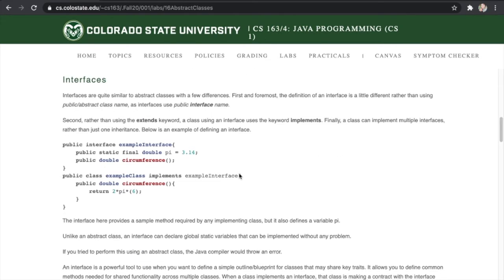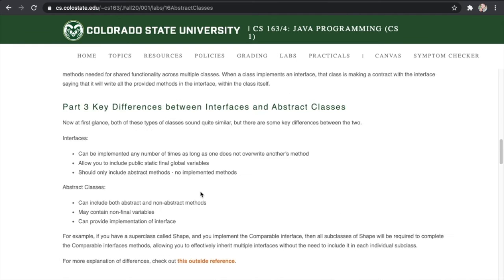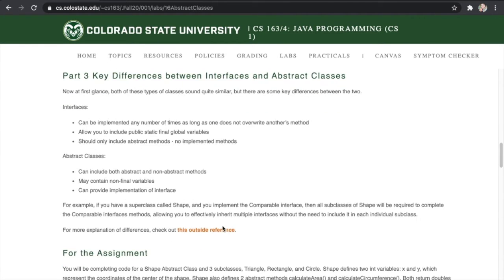We're also going to be looking over interfaces today, which are similar to abstract classes but have a couple differences. The main difference is when we declare, we're going to say public interface versus telling it that it's an abstract class. We're also going to be using the implements keyword when we implement it instead of the extends keyword. So I also recommend you guys check out this example here so you're really familiar on how to set up an interface and implement one. If you'd like to check out this resource we provided for you, I highly recommend it and it can help go into a bigger difference between abstract classes and interfaces.